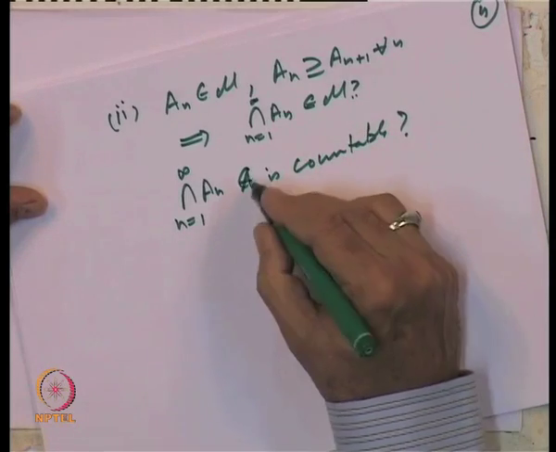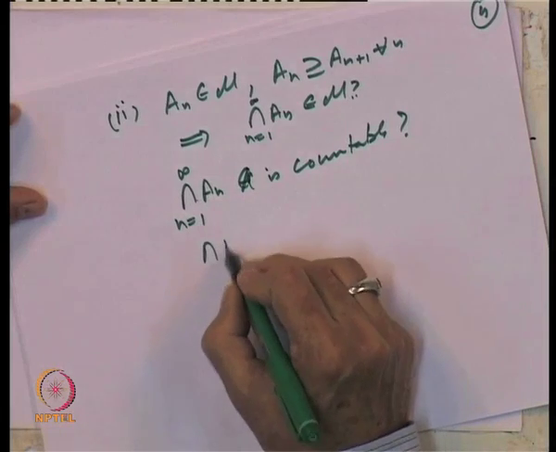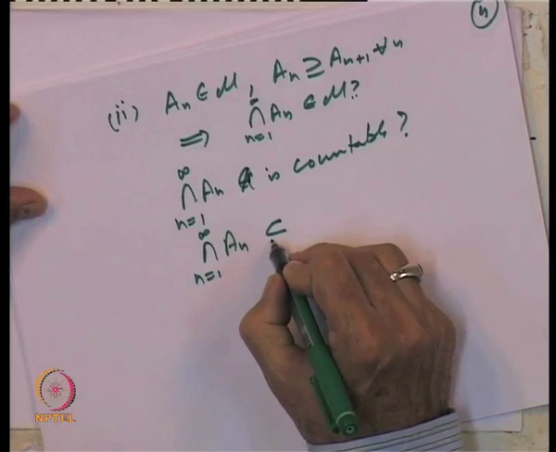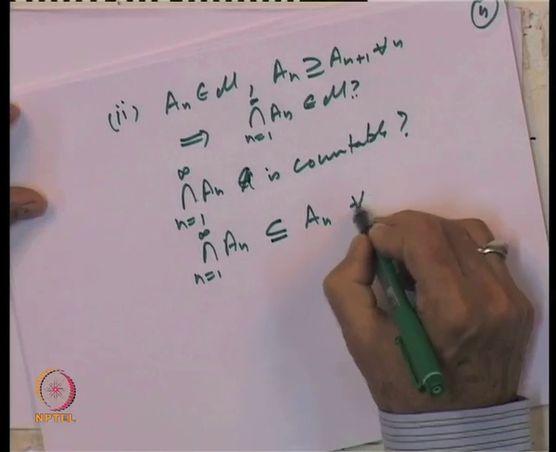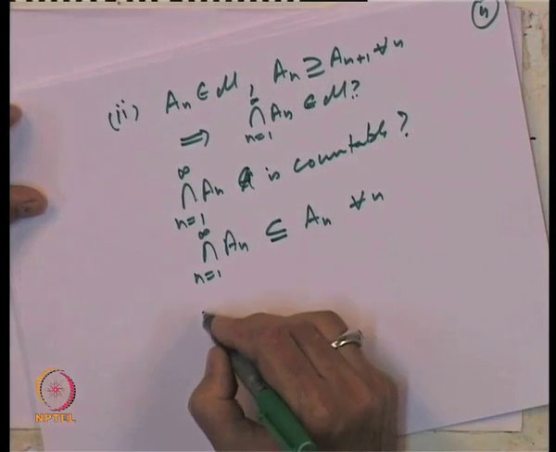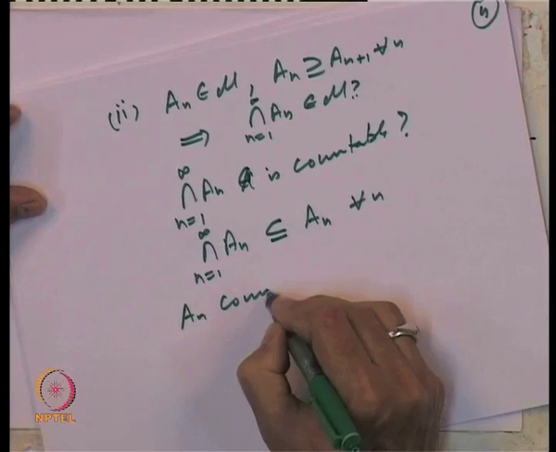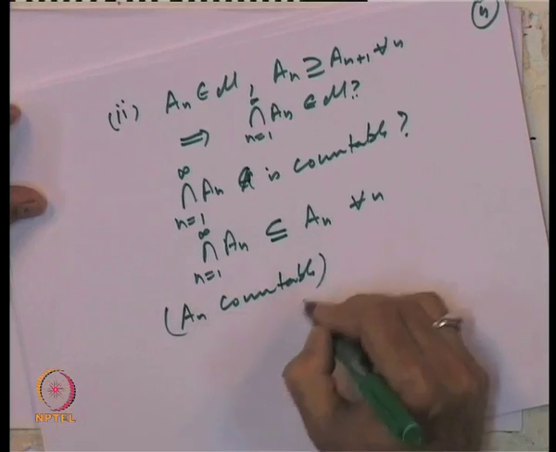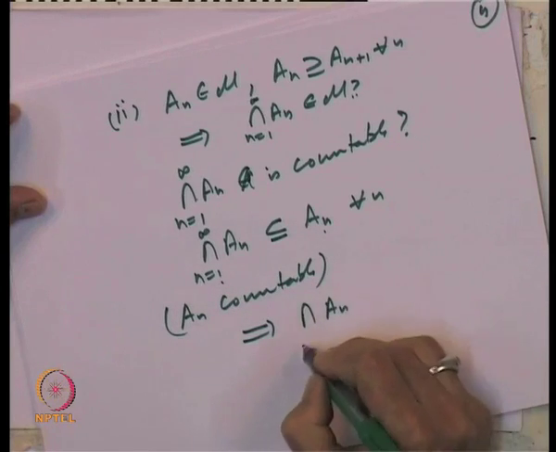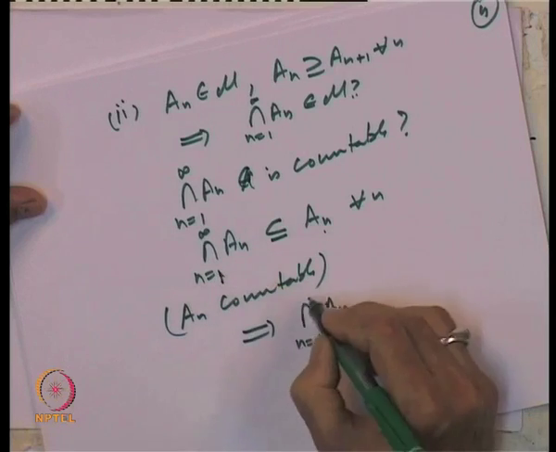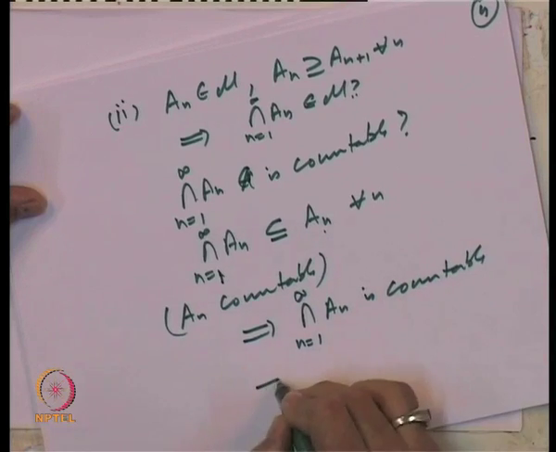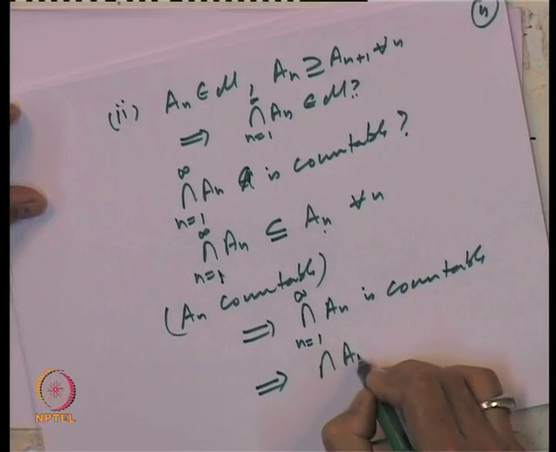But let us observe that the intersection of A_n's is a subset of A_n for every n, because it is an intersection, and each A_n is countable, and this is a subset of it. So, the intersection of A_n is countable,